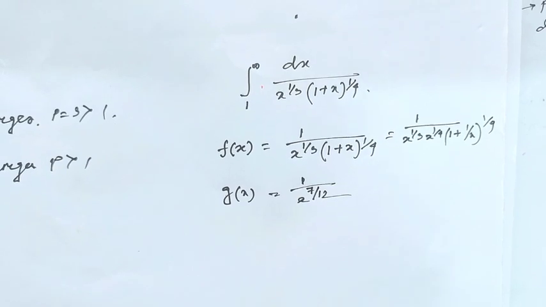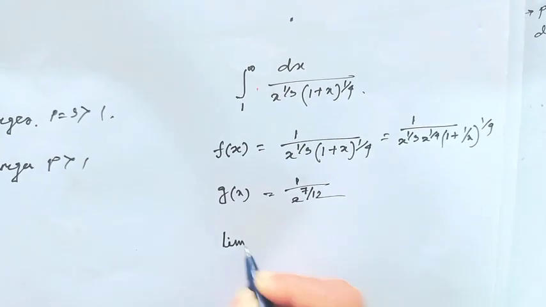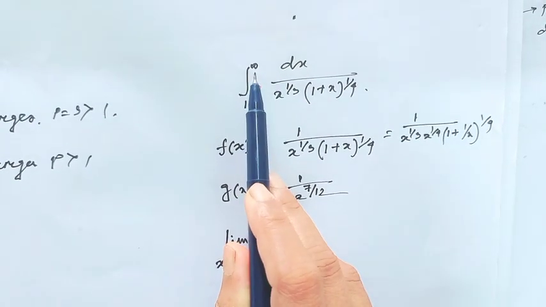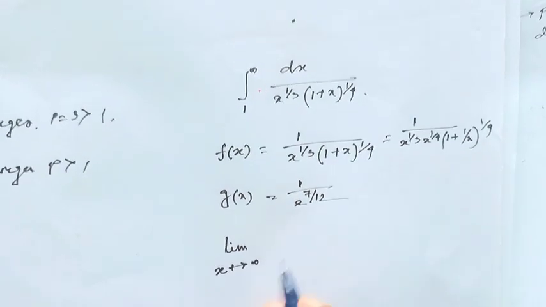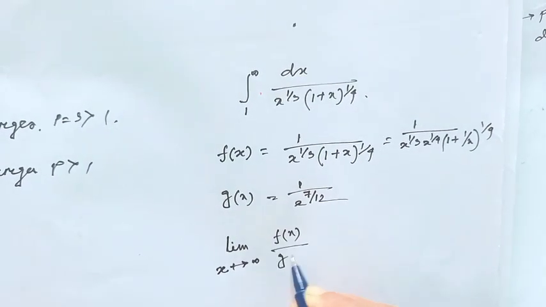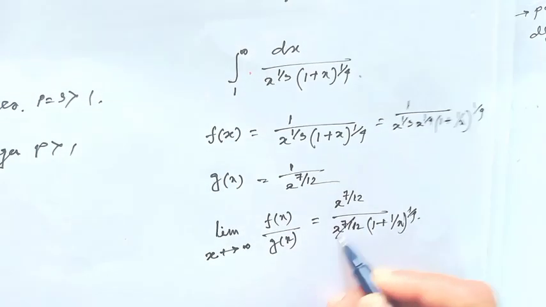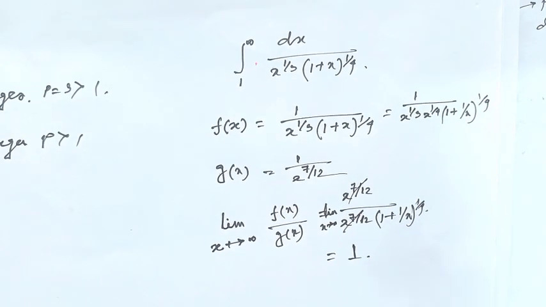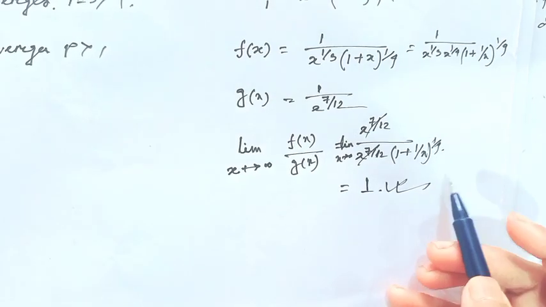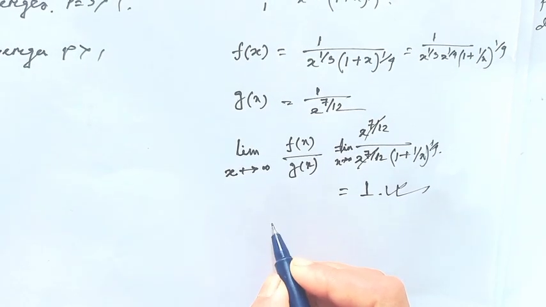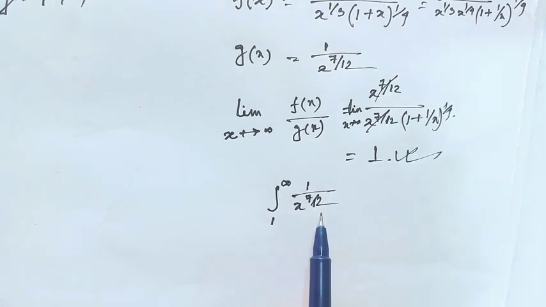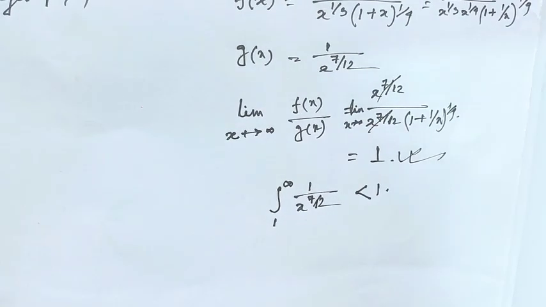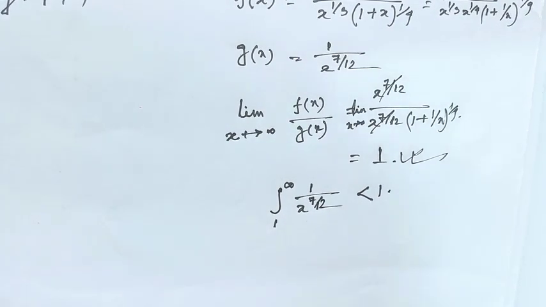And then the limit as x tends to infinity, since here the discontinuity is at the point infinity, the limit as x tends to infinity of f(x) over g(x) would be 1. And since the limiting value is finite, by the limit comparison test, since g(x) equals 1 upon x to the power 7 over 12, and this value is obviously less than 1, 7 upon 12 is less than 1, so we all know